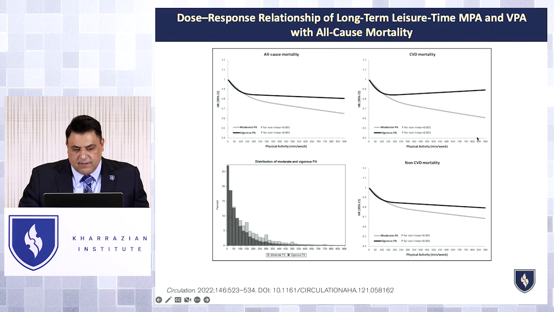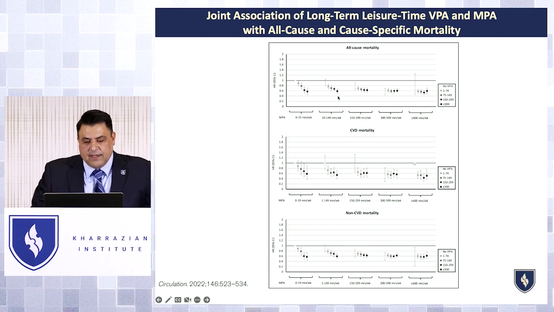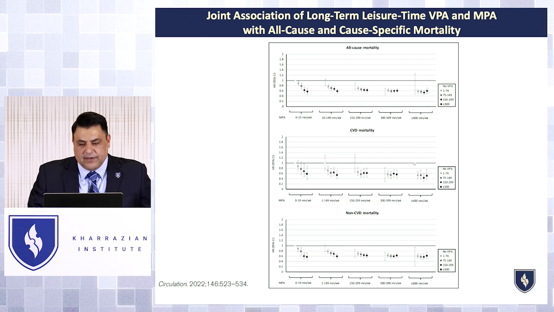So you can see here the all-cause mortality for moderate to vigorous activity. You can see different things. Obviously, the more vigorous activity they have, the lower their rate of heart disease. But any kind of activity overall seems to have a linear distribution. So what they're finding is, depending on how you get your minutes and hours in, you can have some different effects on all-cause mortality. This was some of their data. And they found similar things of working out and getting some activity in.